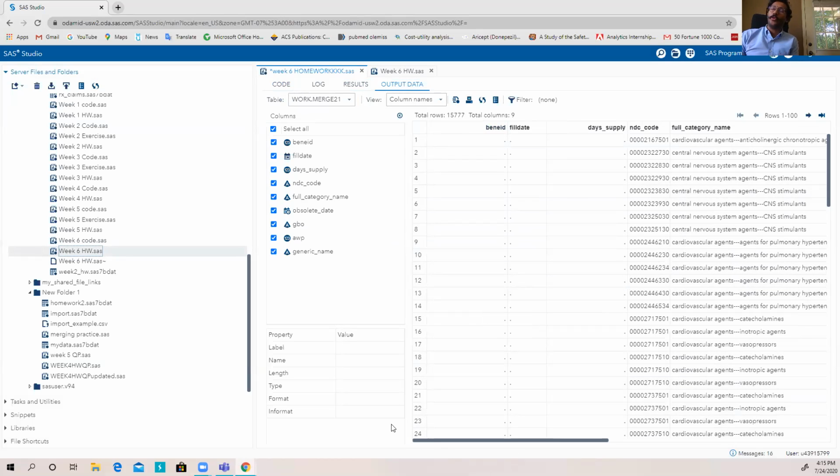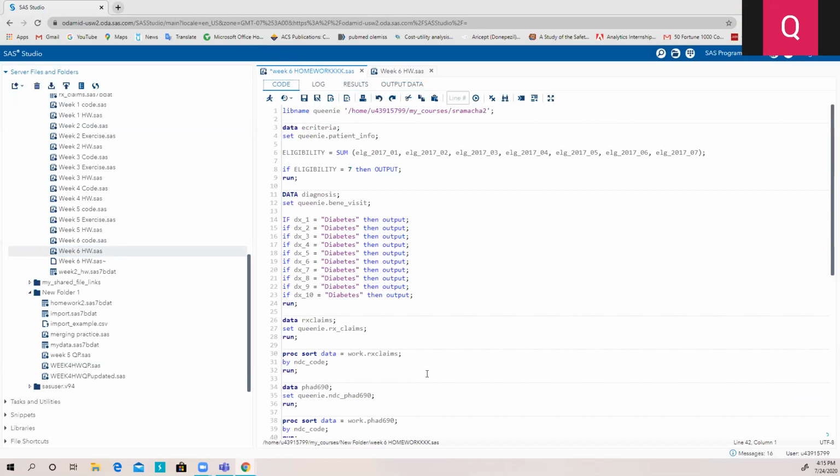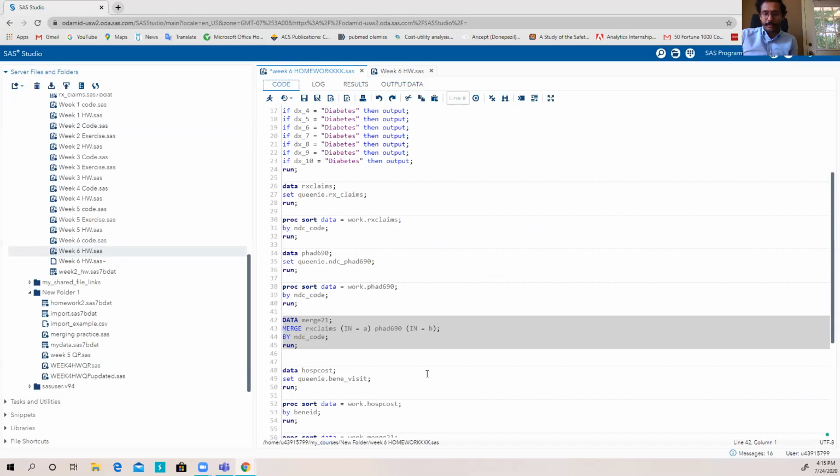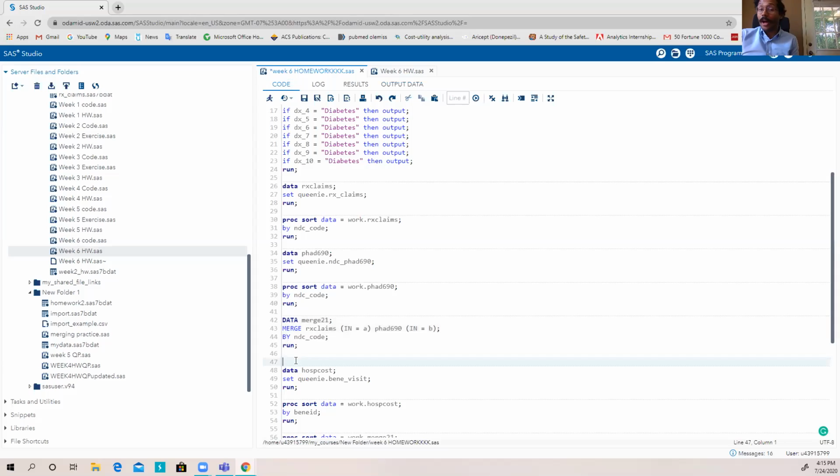Sorry, can you go back to the code? So can you tell me, Queenie, what type of merge you did here? Is that a left join? It's not. It's a full join, right? You've not said if A equals 1. And if you had said if A equals 1, that would be a left join.